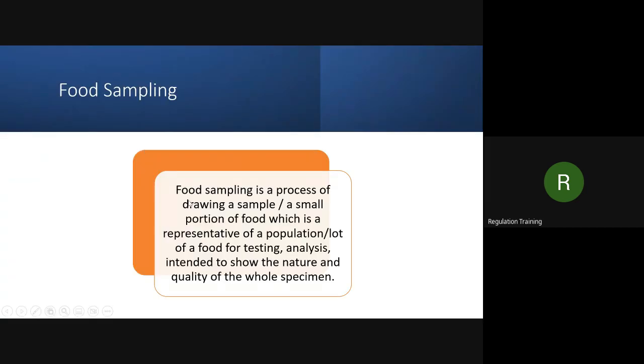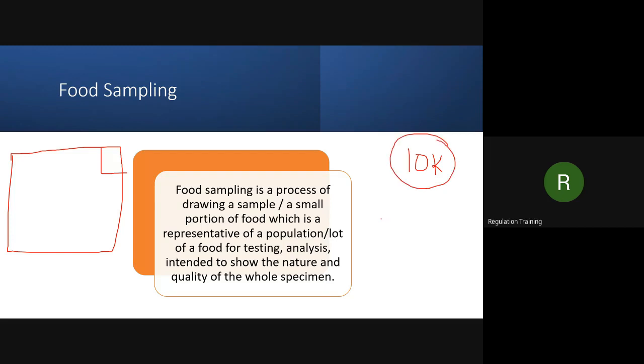Now, what is food sampling? So, food sampling is a process of drawing a sample or a small portion of the food. So, you might be aware, right? We have spoken several times. So, let's say you have this much quantity of the food. It can be in packets, like you have 10,000 packages of the same product. Okay, same batch number, same nature of the product, 10,000 packets are there. Or there is a tanker. Let's say there is a milk tanker. So it is in bulk, right? It is loose product.